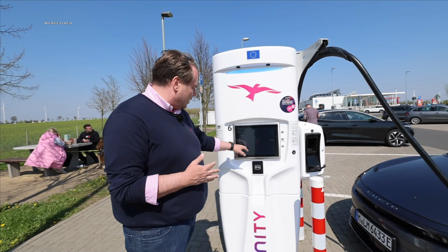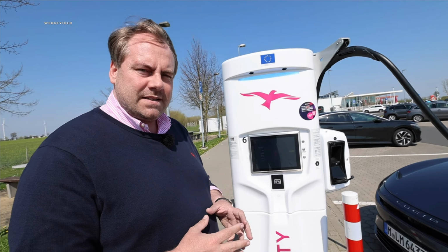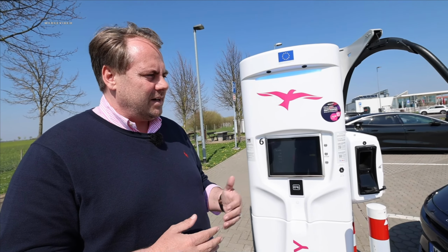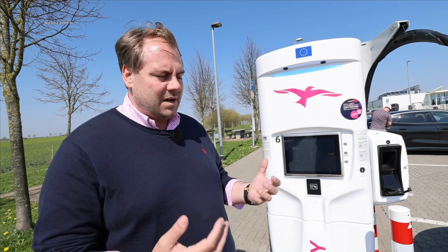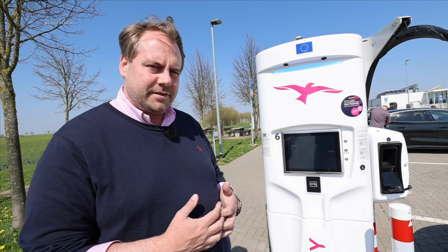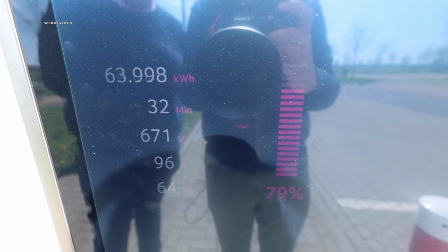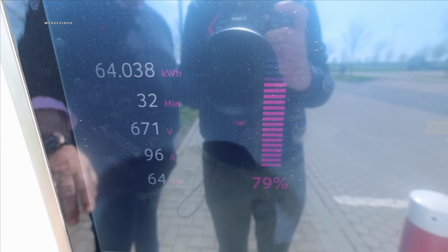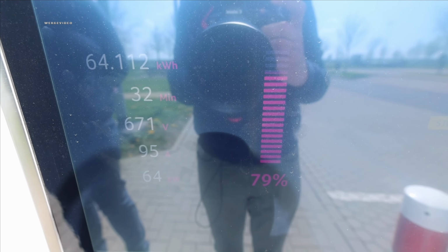Now it's back up to 111 kilowatts. So he's probably also managing it a bit through the car's battery management system, depending on how much power he's willing to allocate to the battery to ensure its overall health remains stable and optimal over the long term. From 9% to 79% in 32 minutes. He has now added 64 kilowatt hours, is still charging at 64 kilowatts, and unfortunately, we have to admit that